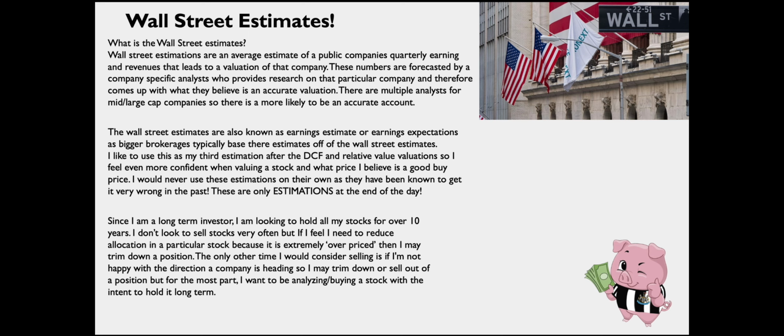I don't look to sell stocks very often, but if I do, or I feel I need to, it's usually because I've got an over-allocation in a stock due to it being overpriced, which leads to me trimming down a position. Or if I'm just not happy with the direction a company is heading, if it's got a dividend that might be getting cut, or I feel a company's free cash flow is decreasing in size, or the company is showing really bad earnings reports, then that would be the only other reason why I would sell out